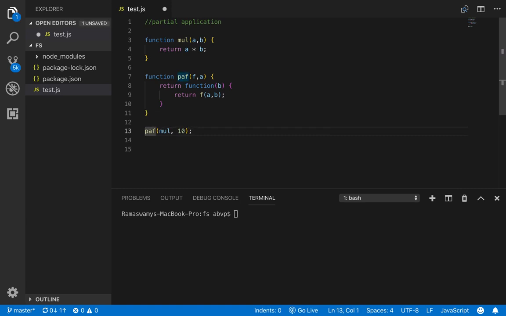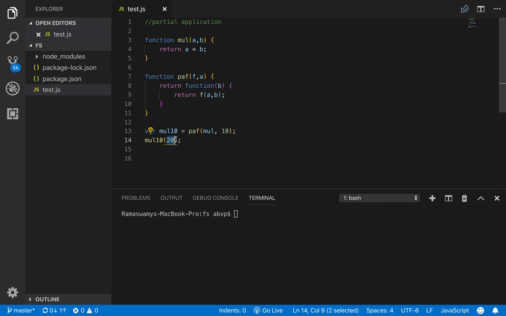Let us save this inside a variable called, say, mul10. And then we can call mul10 and pass in the value for b. So this is partial application.